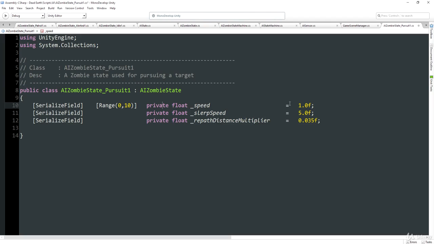Now, I found through trial and error that a repath distance multiplier of about 0.035 is a pretty good starting point. It basically means that if the target is around 20 meters away from us, then we're going to be recalculating a new path every 0.7 seconds. Obviously, as the distance increases, that becomes less. And as the distance draws closer, we want to recalculate that path more frequently, but probably still not every